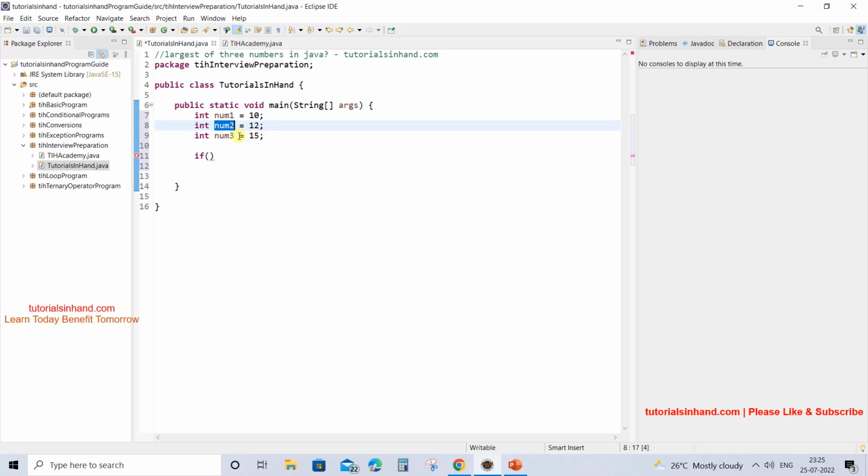But you can also check for number3 as well. If you want to check with the condition that number3 is greater than number1 and number3 is also greater than number2, then it is going to be the greatest number. So how do we convert that into logic? Suppose we are checking for number1 is greater than number2, and then we have to use the AND condition. We have to check that number1 should be greater than both number2 and number3. So this is the condition.